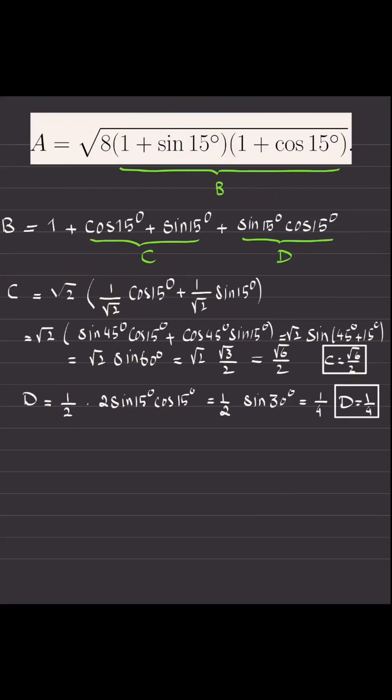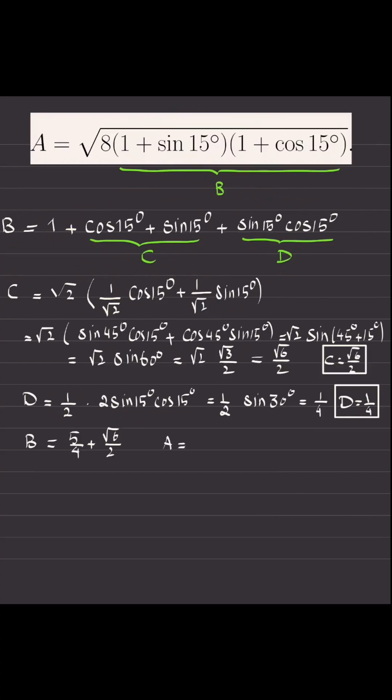Okay, so now for finding B, I need to add 1 to C to D. D is 1 over 4. If I add 1 to it, it becomes 5 over 4. And then I copy paste the number square root of 6 over 2 for B. So B becomes equal to 5 over 4 plus a square root of 6 over 2. Okay, but now that B is known, I put it back in this expression, multiply it by 8 and take a square root. So this becomes A